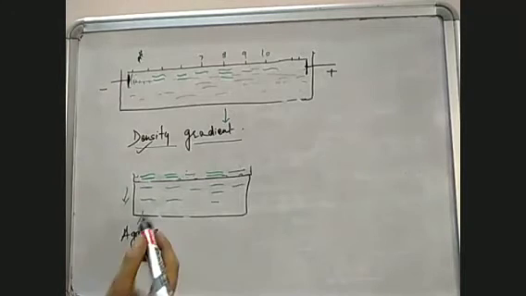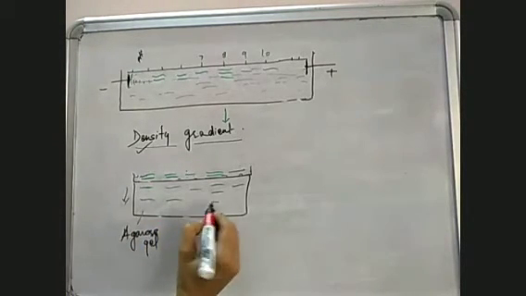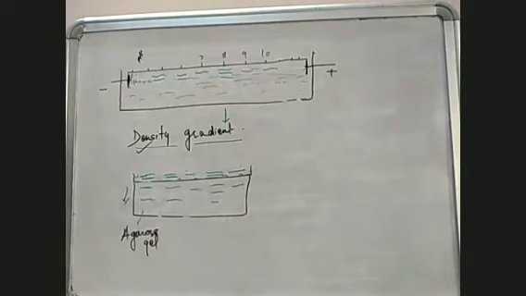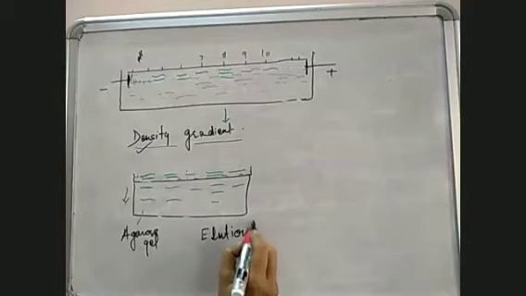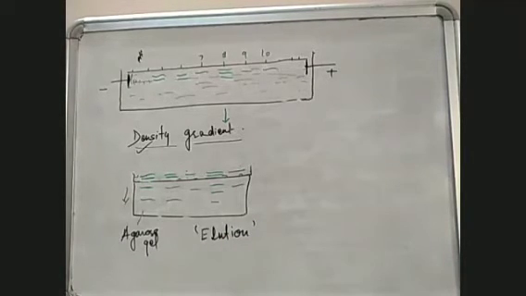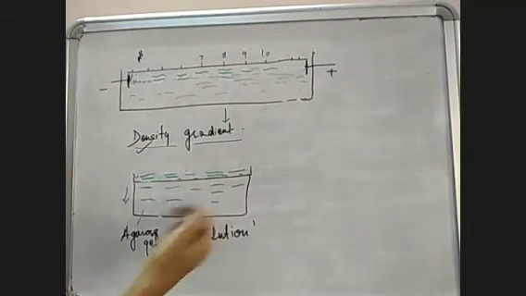Now, how to remove it? If we want this particular fragment of DNA, how can this be removed? This is removed by a process which is known as elution. Elution is simply scooping it out, like the way ice cream is scooped. In the same way, this is also scooped out along with the agarose gel. And this process of removing that small piece of agarose gel which has that fragment of DNA,